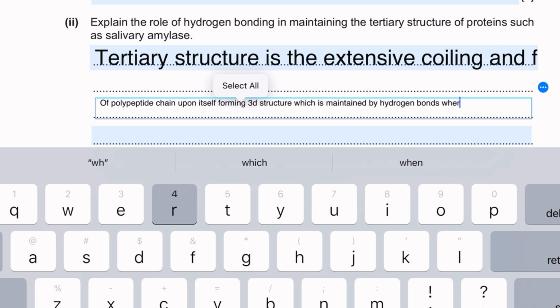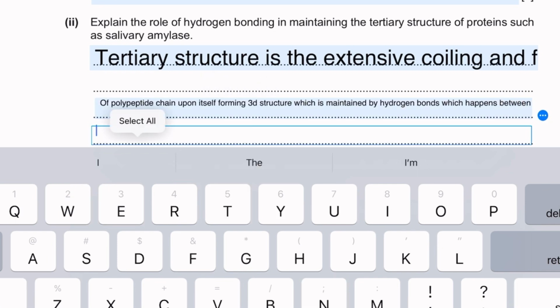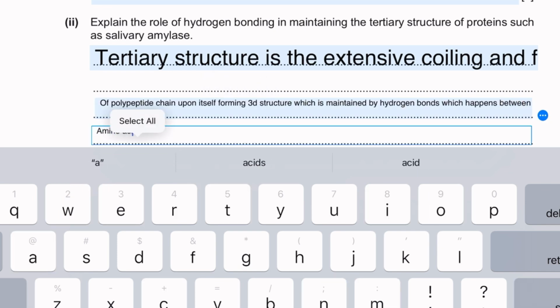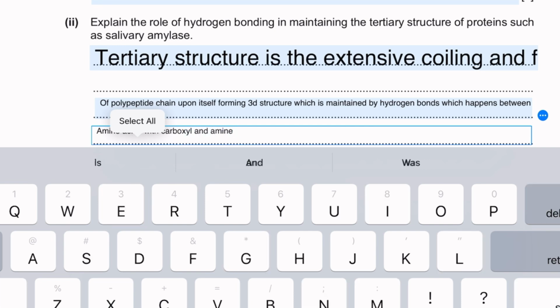This happens between amino acids with carboxyl, not carbonyl, carboxyl, and amine R groups,